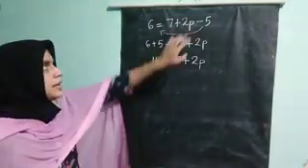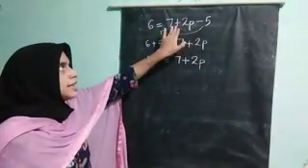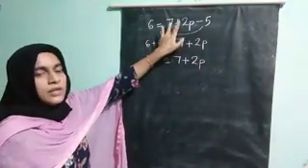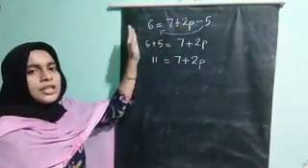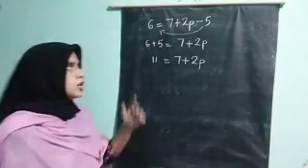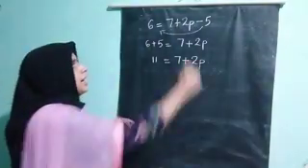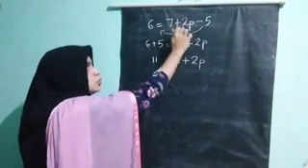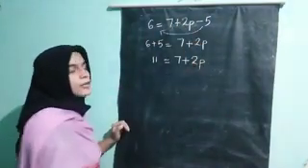Okay. I am not taking this 2p because already the sign is positive. If you take this 2p to this side, sign will be negative. Again, we have to multiply with the minus 1. So, to avoid that step, I am not taking this 2p. 2p I am keeping there itself.